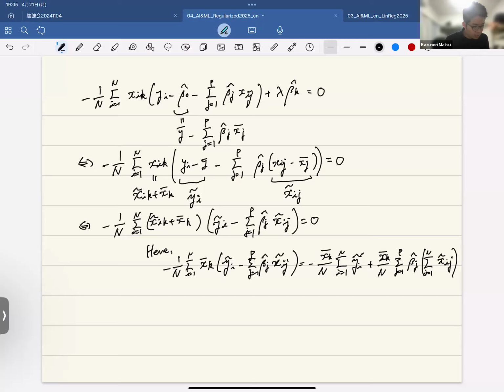But see here, y tilde i is the original yi minus its mean, so its average is 0. So this part is 0. Similarly, x tilde ij is xij minus its mean x bar j, so its average is also 0. Therefore, this term is 0. So the terms that would contribute here disappear, and we get